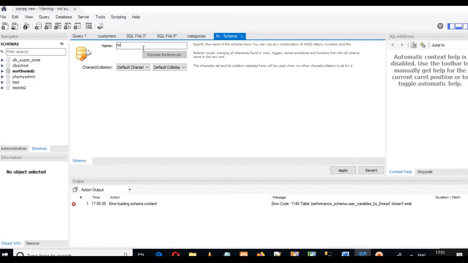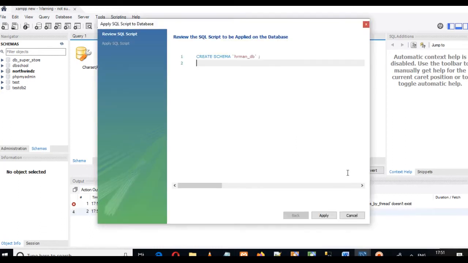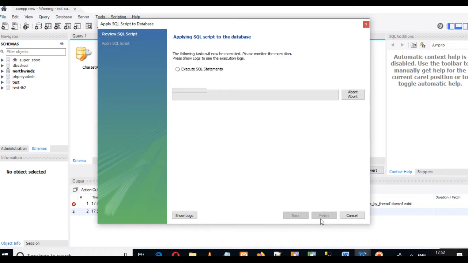Let's say hrman_db. This is a database for HR management. Now after writing hrman_db here, click Apply, and this will give you the SQL query also, create schema hrman_db. Click Apply, and your new database will be created.